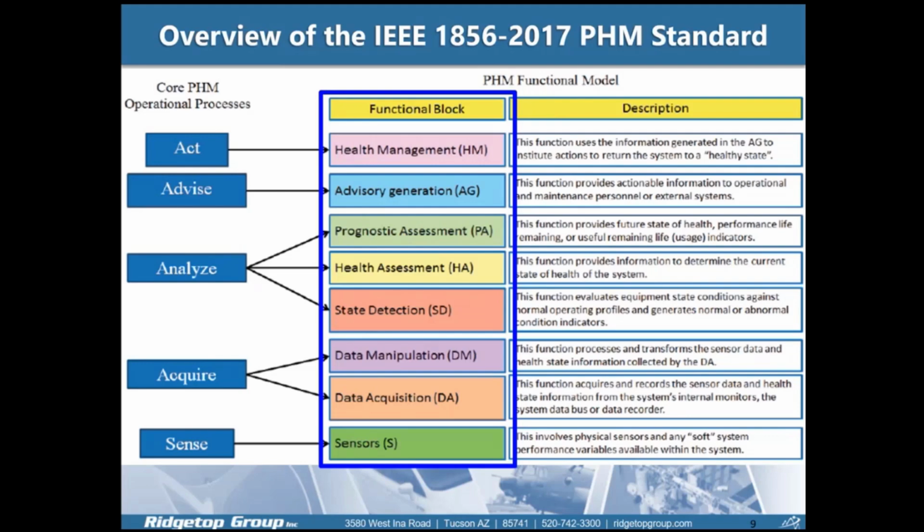performance are identified. Health assessment provides insights into the asset's current health state by analyzing trends and faults. It also determines how severe the issues are and highlights and isolates areas that require immediate attention. Prognostic assessment forecasts the future state of health for the assets. It also predicts metrics such as the remaining useful life and identifies when critical failures might occur using predictive algorithms